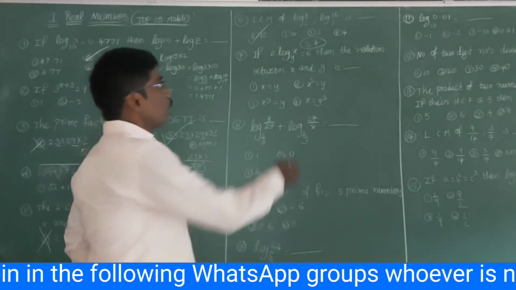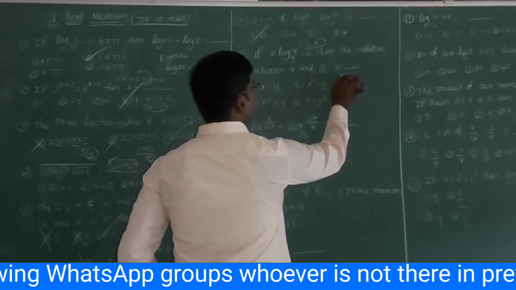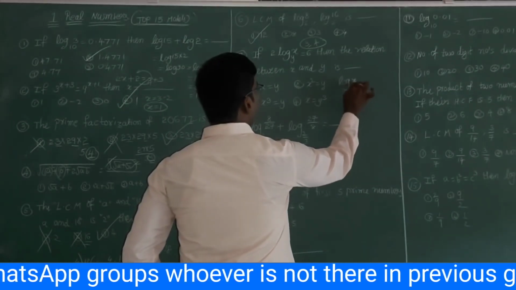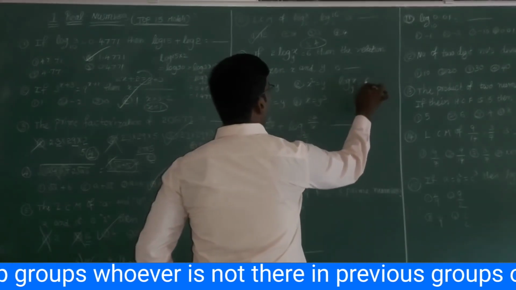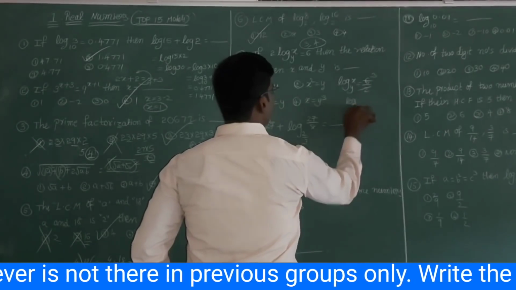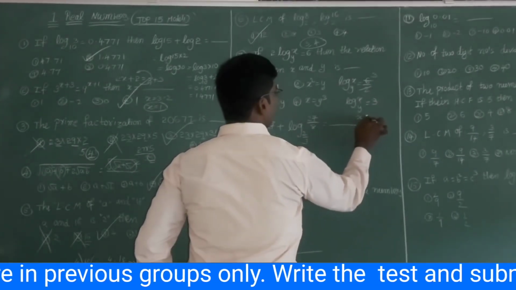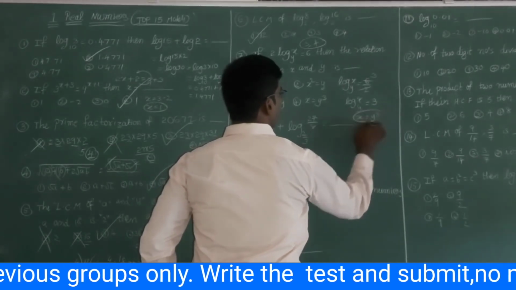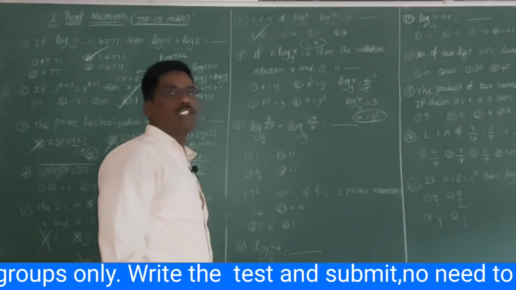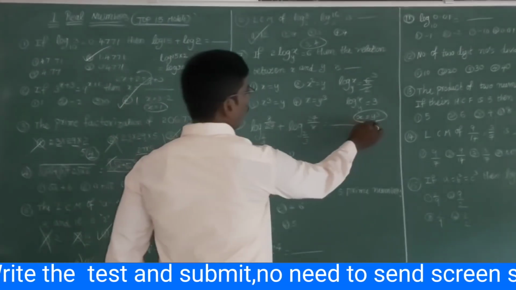See here, 2 is multiplying. If you bring it to that side, it is dividing. Then log x base y is equal to 6 by 2. 2 ones are 2, 2 threes are 6. So log x base y is equal to 3. So we know very well x is equal to y cube. If log n base a is equal to x, then n is equal to a power x. Using that formula, x is equal to y power 3.